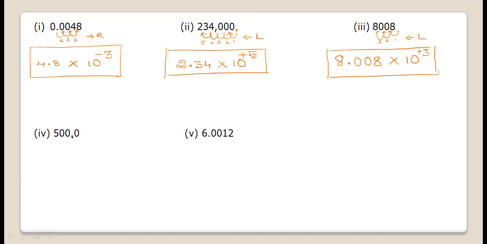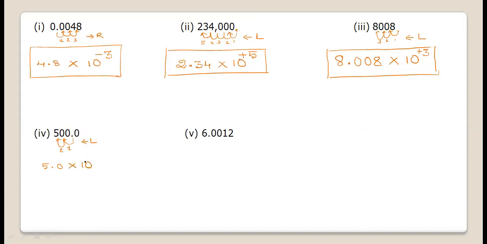Now to get 5.00, you need to move the decimal place towards the left hand side again. As a result, the sign will be plus. So how many places? If you move 1 place, it will be 50. If you move the second place, it will be 5. Hence, if you move 2 places, you will get 5.000. Hence 5.0 is sufficient.